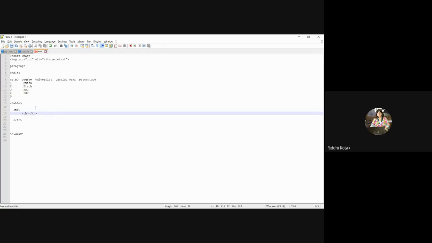And within this, you have to write that. First I have to assign serial number, right? What you can do is first count how many columns you want to create. So suppose five. So just copy this and five times just paste it.